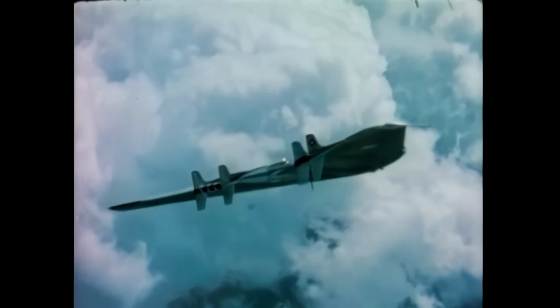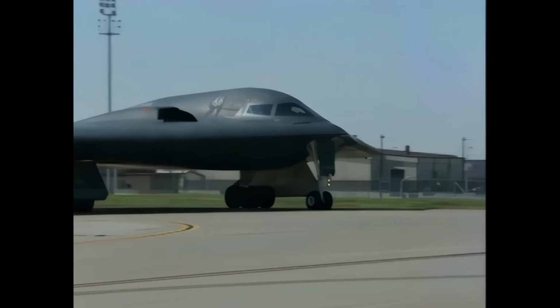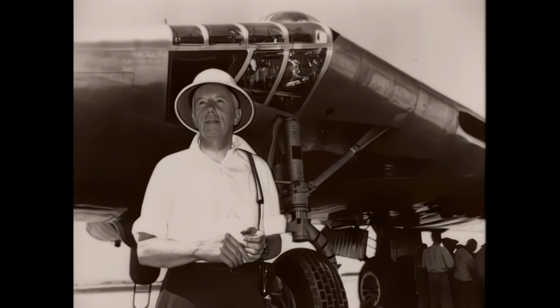I think the legacy of Northrop is to point the way to the future so that engineers today and in the future can look at what this man did and can move forward and take the United States into new technological realms in aviation. However, despite the extraordinary success of the B-2, Jack Northrop's dream of filling the skies with